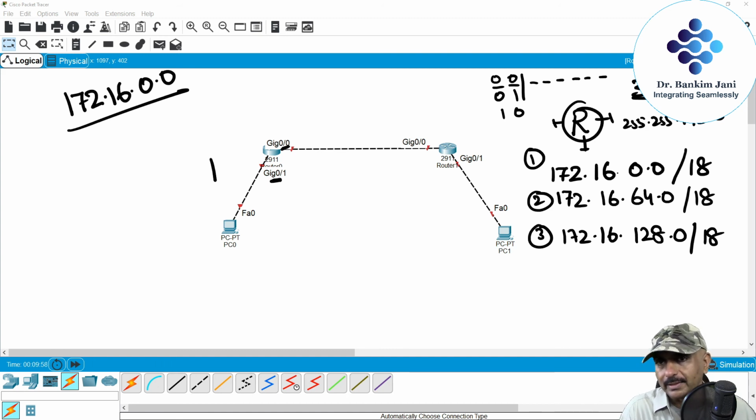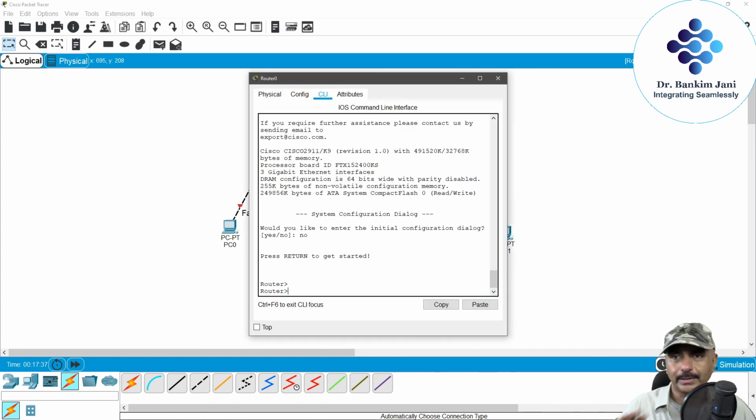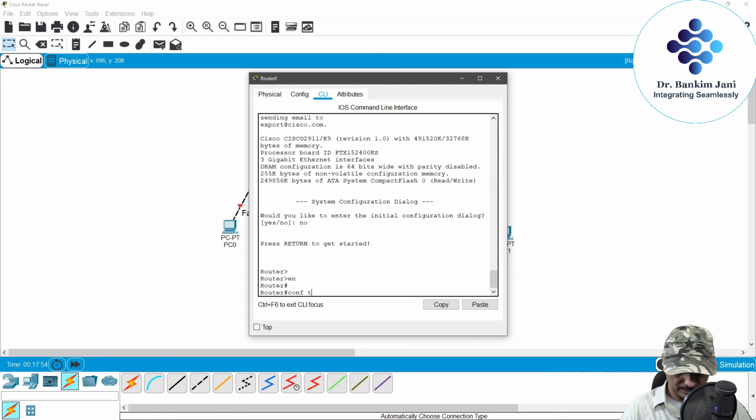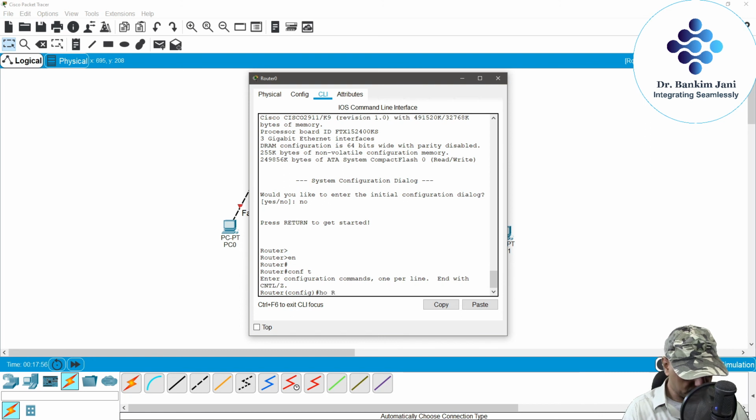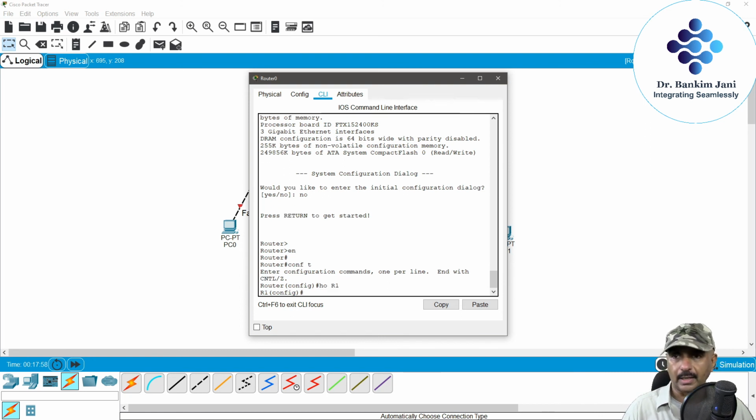Okay, so let's say we take this thing over here. This would be our subnet number 1. This would be subnet number 2. Now don't worry much about the Cisco commands, as such, they are very intuitive, very easy to understand. But we'll be having separate sessions for understanding the Cisco IOS. But over here, let's start. This is our router 1. So we just enable, give config t and we give the host name as R1.